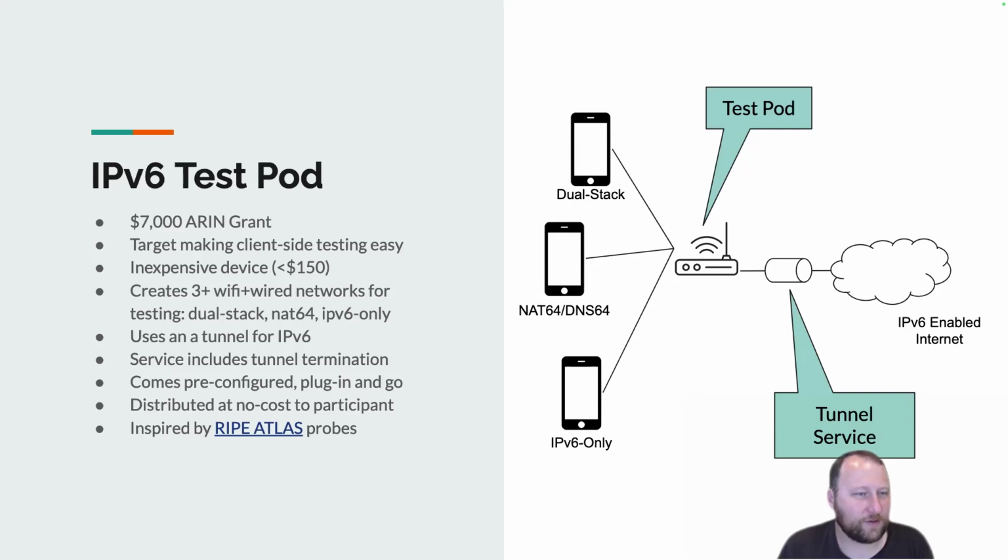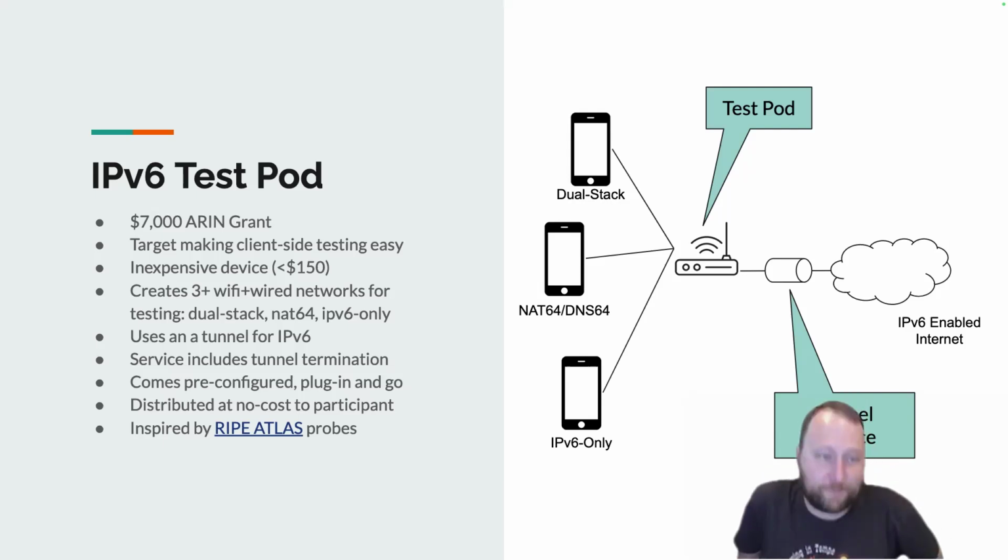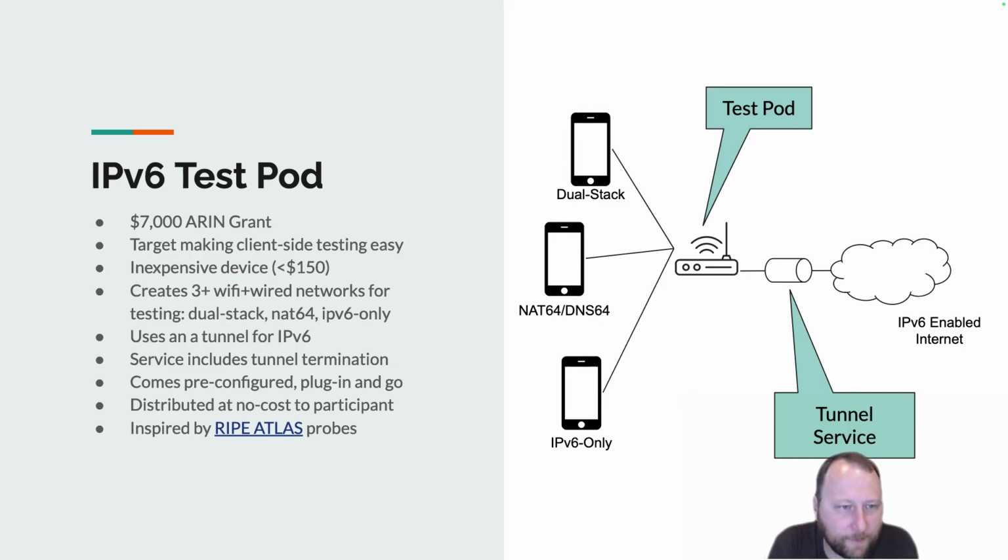And what we want to do is create a whole bunch of test networks on this device. We want to give access to IPv6, even when access to IPv6 may not exist. And that includes a tunnel termination service. So if you're on an IPv4 only network, you can plug this thing in and it still works. It'll spin up SSIDs for all these test networks. You can connect to it with your phone and see if it works. And the idea is it's just plug and play. You drop it in, you can do your testing, and